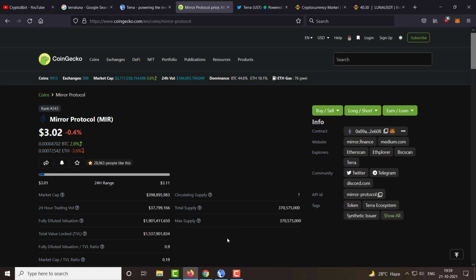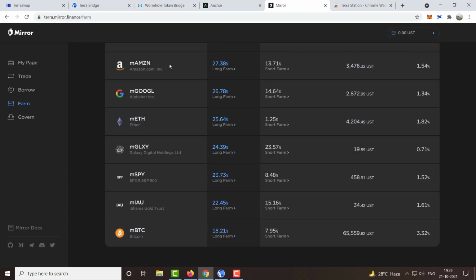Basically, all these protocols that I'm showing you guys are what I think will be very big in the near future, because trust me guys, the Terra platform is blowing up and it is becoming one of the biggest platforms that is going to challenge the likes of Binance Smart Chain, Phantom, Avalanche, all these platforms.